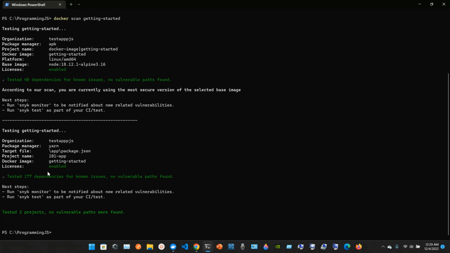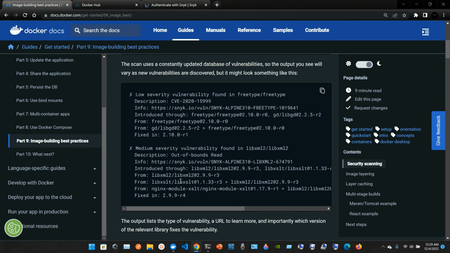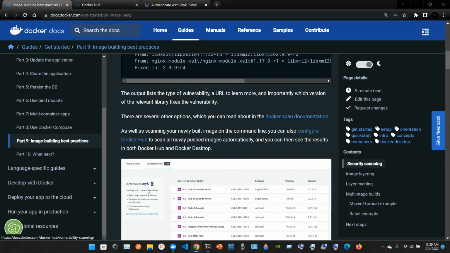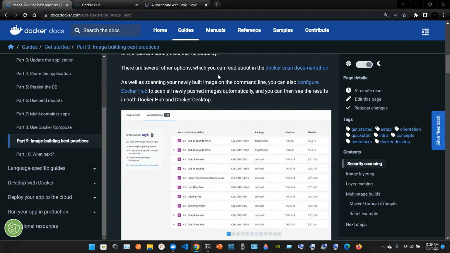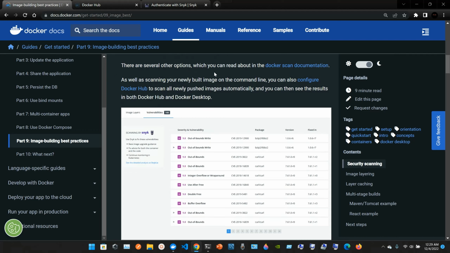Testing getting-started. Tested 177 dependencies for known issues, no vulnerable paths found. Tested 2 projects, no vulnerable paths were found. Okay, everything looks good. The output lists the type of vulnerabilities, a URL to learn more, and importantly, which version of the relevant library fixes the vulnerability. There are several other options which you can read about in the Docker scan documentation,